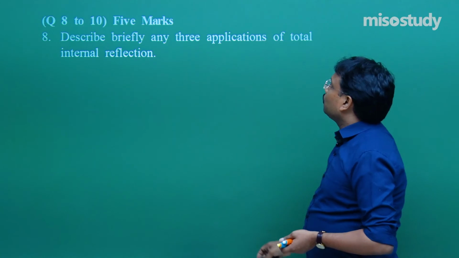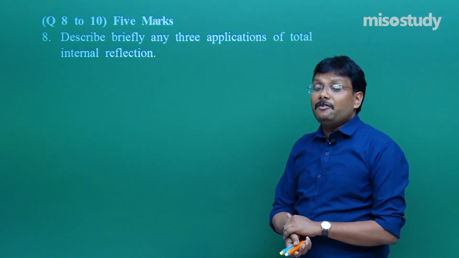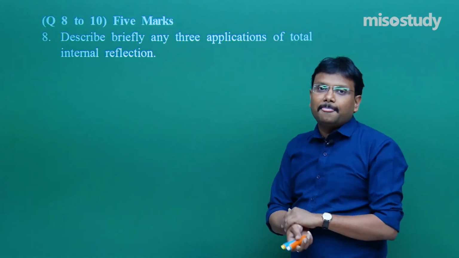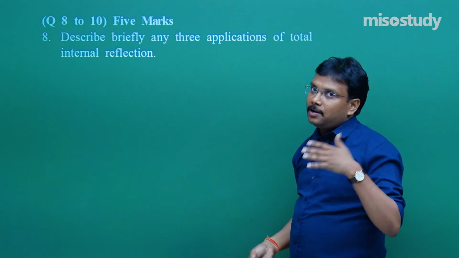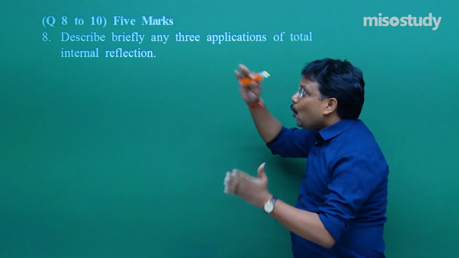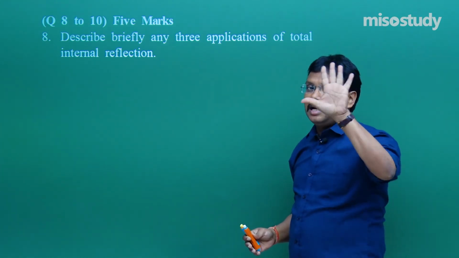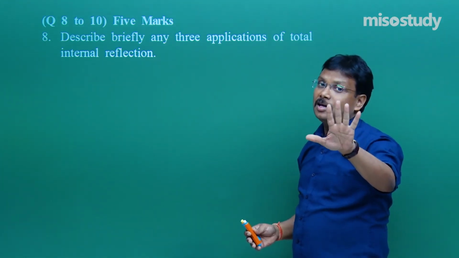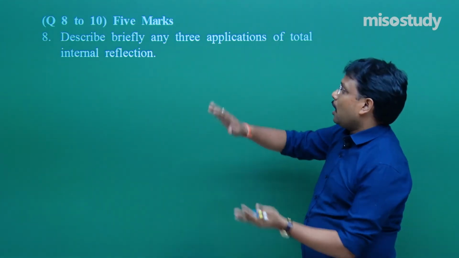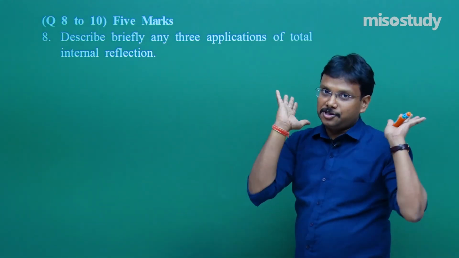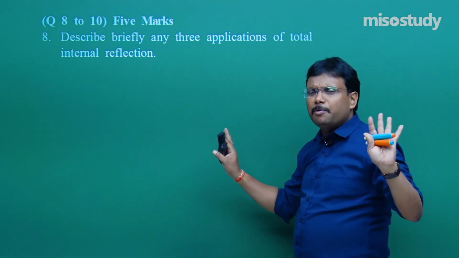So it is similar. Total internal reflection is what? The concept of total internal reflection, and the best example is optical fiber cable, OFC, and the uses I already mentioned. So now you have to decide how much I will have to provide for 3 marks and how much for 5 marks. Here you have to apply your logic. Okay? So now I am leaving this question at your discretion. Concept you know, topic you know, I explained very properly.